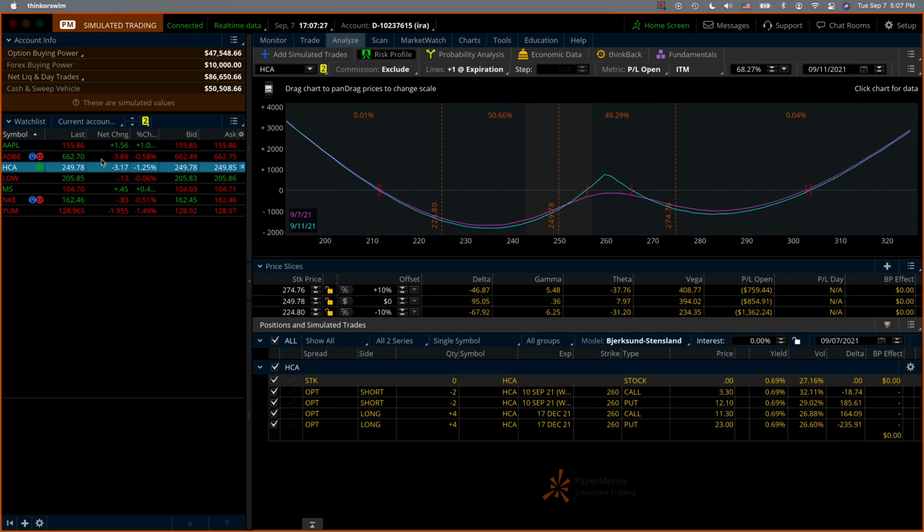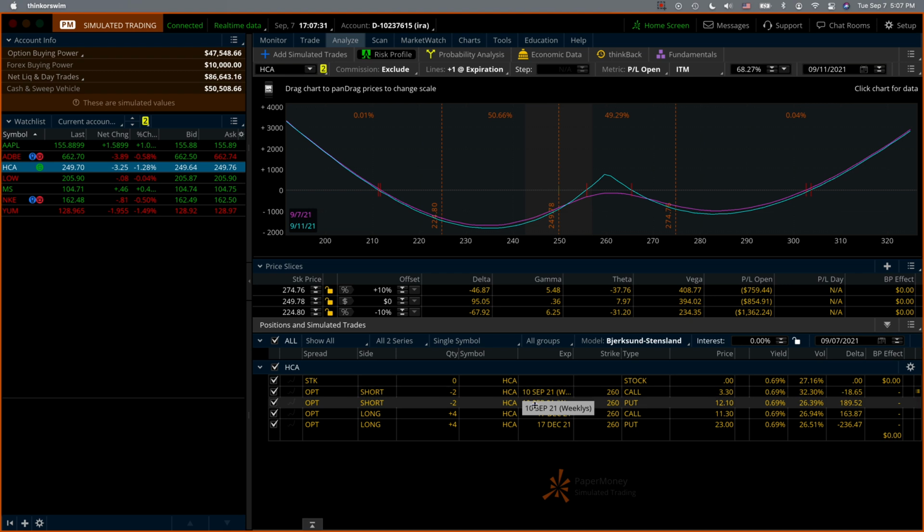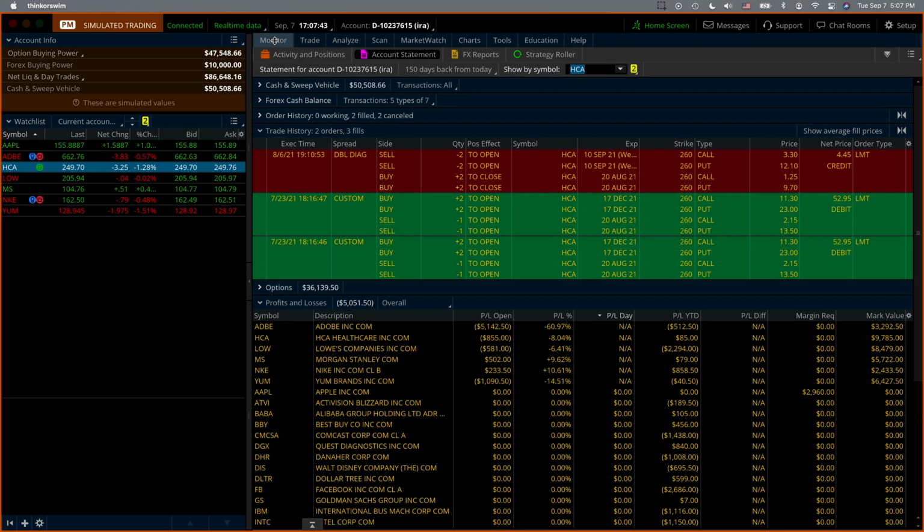HCA, okay, we have this expiration. Do I want to close it or want to stay on it? Right now I see that it looks like a loss, but I want to see really, after all is said and done, is this really a loss? Let's go to the monitor tab, and you see we have been trading this for a while, and we already did a rollover. So let's do this analyze trade,